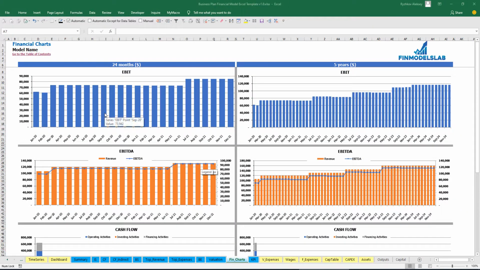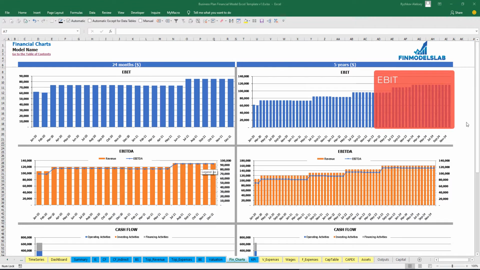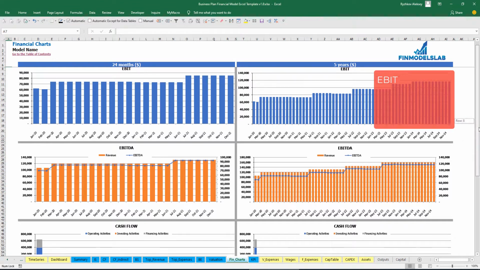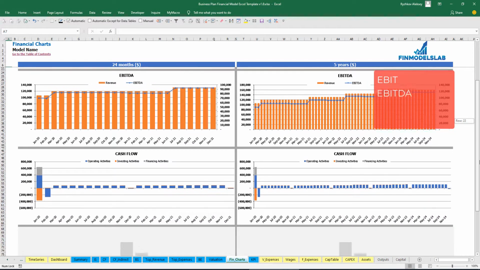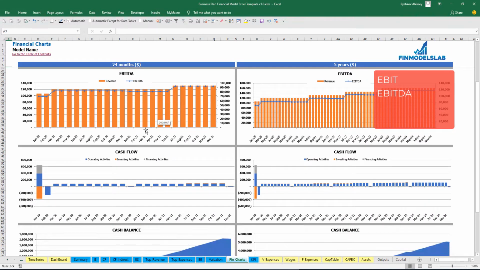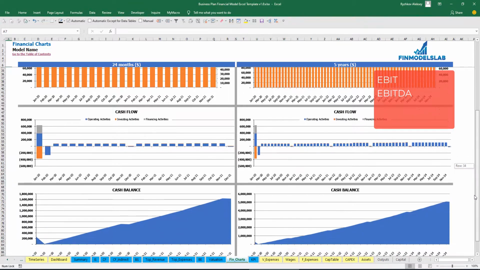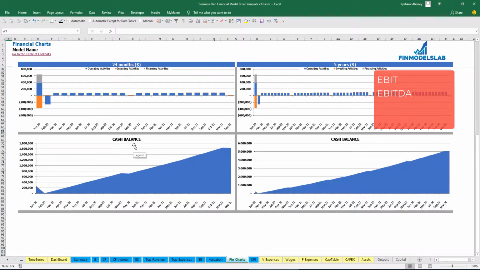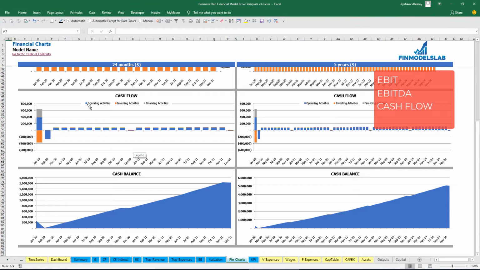On the Financial Charts tab, you may see 2 sets of charts, which is 24 months by month and 5 years by month. On the first set of charts, you may see the EBIT amount. On the next set of charts, you may see the EBITDA and the revenue by months for 2 years and 5 years. The next set of charts will show you the cash flow, which is broken down by operating activities,